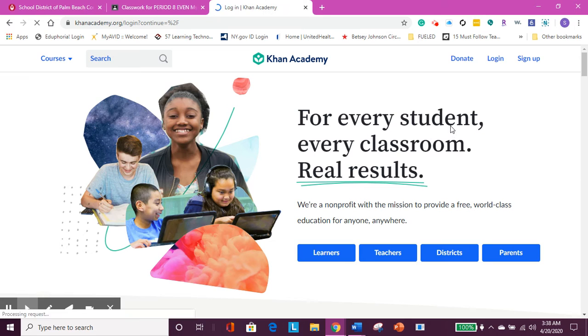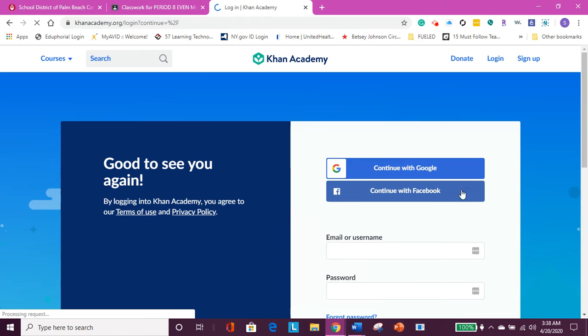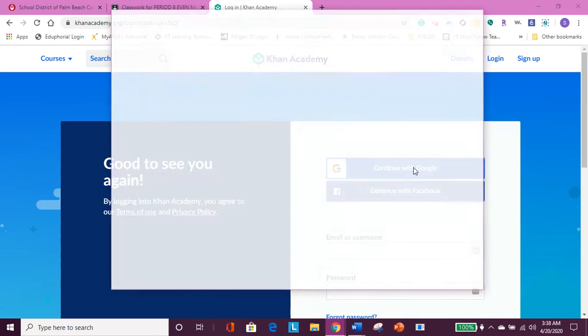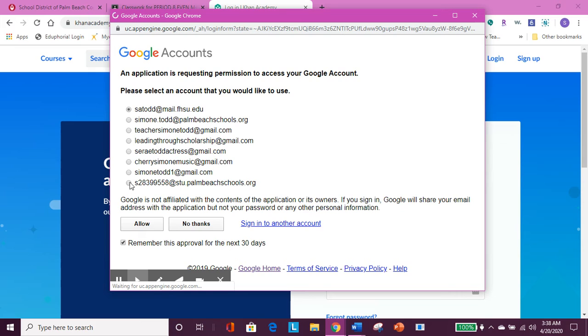And then once it stops spinning, it's going to ask you if you want to sign in with Google or with Facebook. No, don't sign in with Facebook. Sign in with your Google email address, not your mom's Google email address. If there's a couple of people using your computer, it's going to bring up a couple of different things here. If you're signed into the school dashboard, you're going to be able to sign in as a student, okay? So use your student sign-in information to sign in.